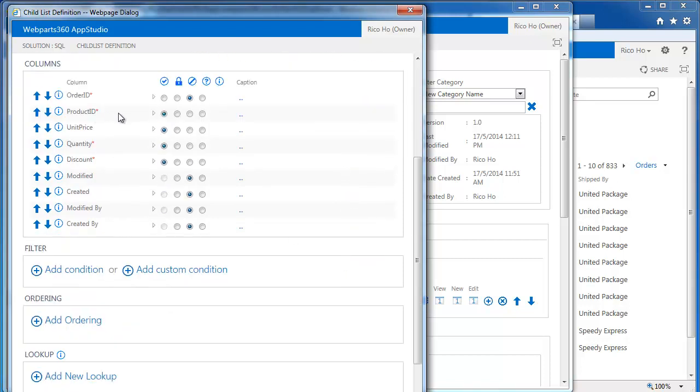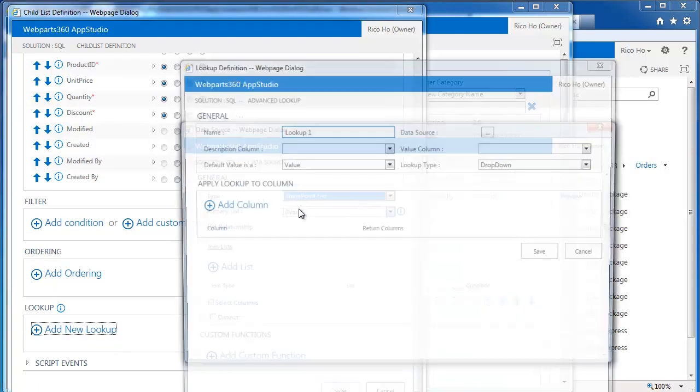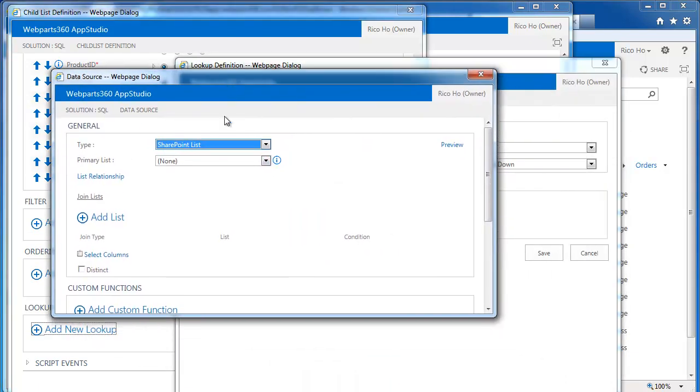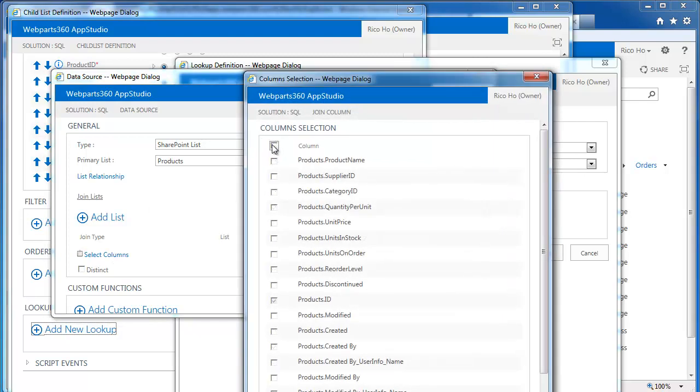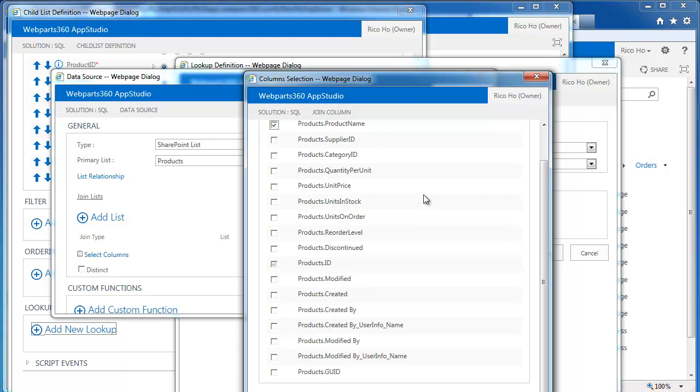So for us to get the product item, we have to first build a new lookup to link to the product database. So in the product database is to pull in the product, and in this case all we are interested in is the product name and the